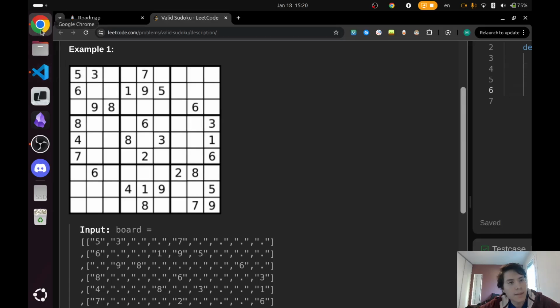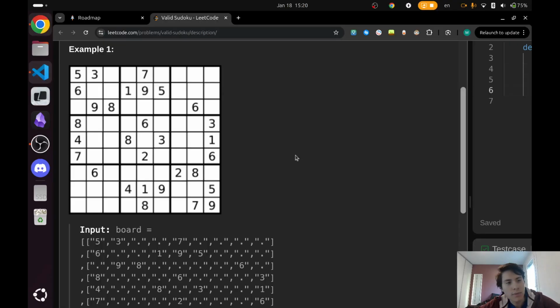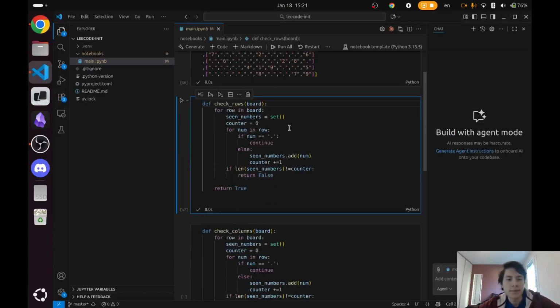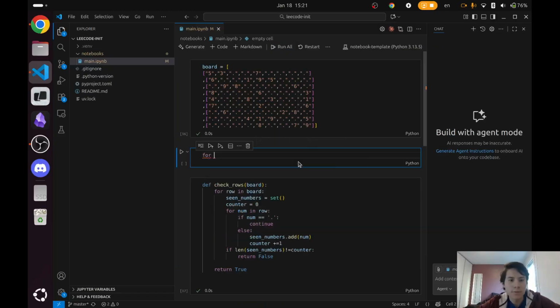Maybe in the iterator, maybe here, because here it's for row in board, but I can do for i in range. And I can do it that this does this, and the iterator is in this way. Let's see if I can do this in some sort of way. So for column in range, okay, let's put whatever. For i in range